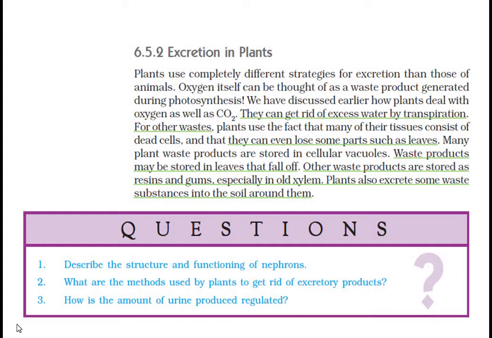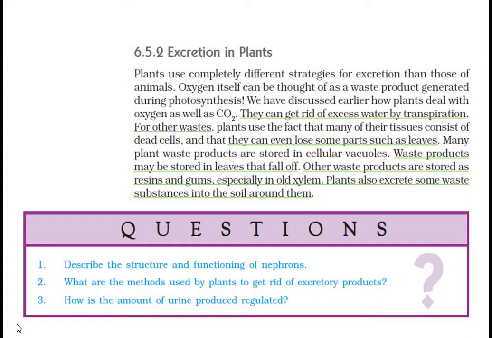And after that, other waste, like tissues, dead cells. Many of the tissues consist of dead cells, and these dead cells and some waste products are produced and stored in vacuoles. So many of the waste products are stored inside the vacuoles of the cell. They have a very big vacuole in the center of the cell. So many waste products are stored in the vacuole. And here you can see the underlined part. You have to notice the underlined part of this text.